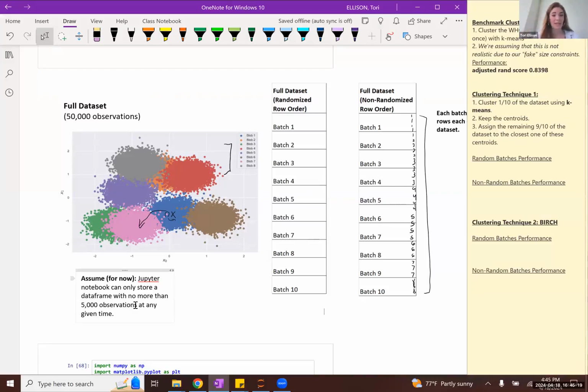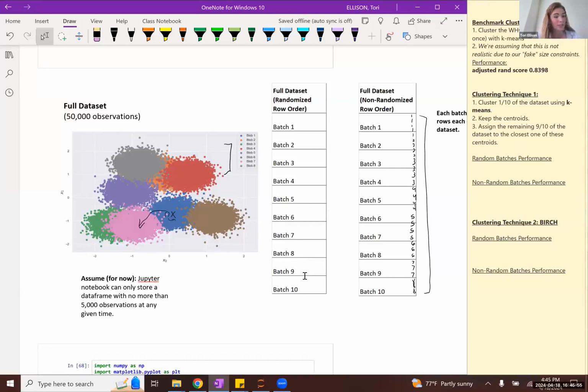So for this clustering technique 1 here, we're going to load our first batch into our Jupyter Notebook environment, cluster our first batch with k-means, extract the centroids, and then one at a time feed in the remaining batches and assign each of those observations to their closest centroid, okay?